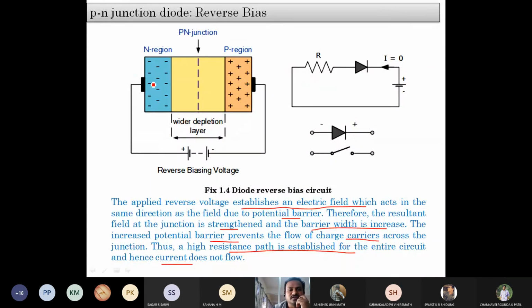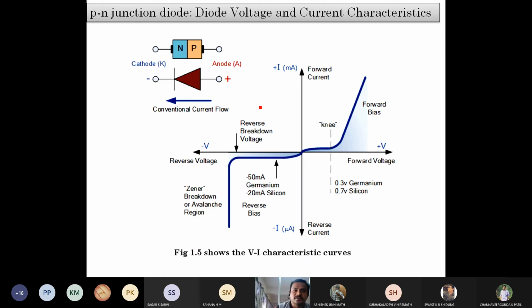Okay, so this one is the construction explanation circuit diagram, and this one is the electronic circuit using the symbol of each component. This one is forward bias and reverse bias. So graphically, how can we talk about all these performances of the diode? When I apply forward bias, it acts as a conductor. When I apply reverse bias, it acts as an insulator. So what is the graphical approach? How can we get this?